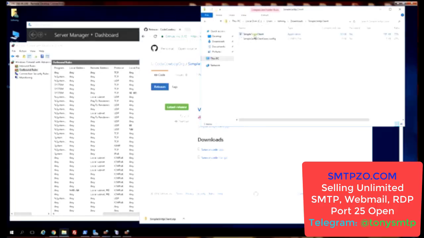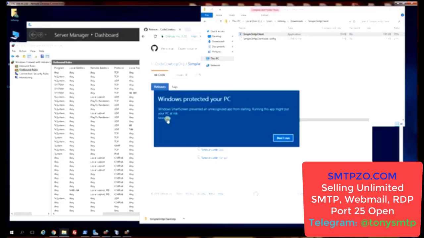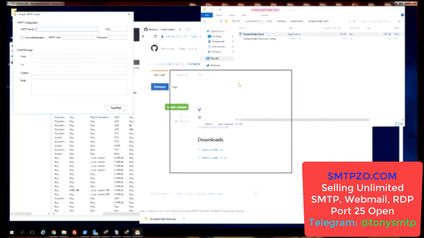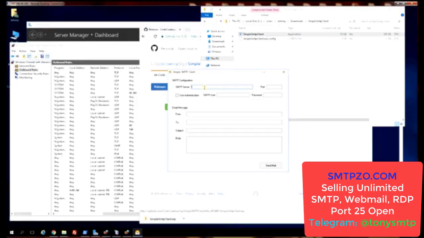And I am going to go in here, run the application, and it'll ask me if I really want to run it because it doesn't recognize the exe. I'm going to click more info here and run anyway, and it'll bring up my SMTP test mail client,